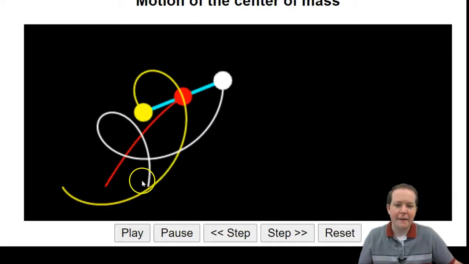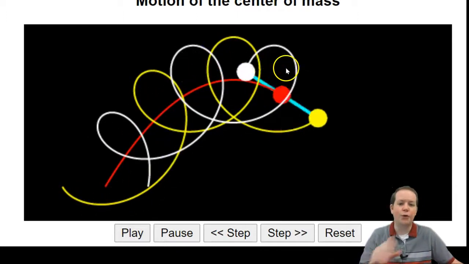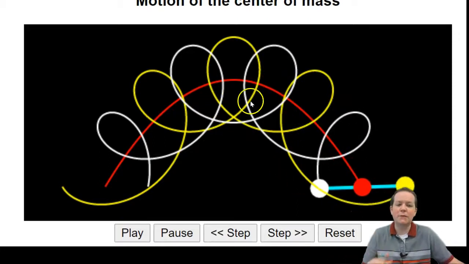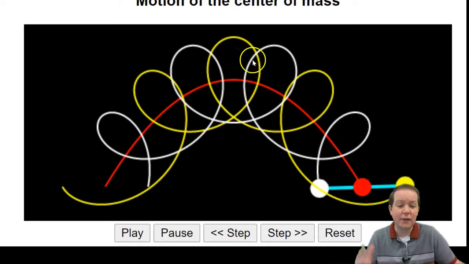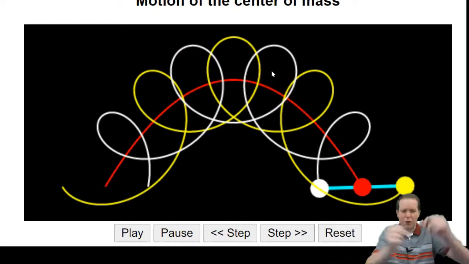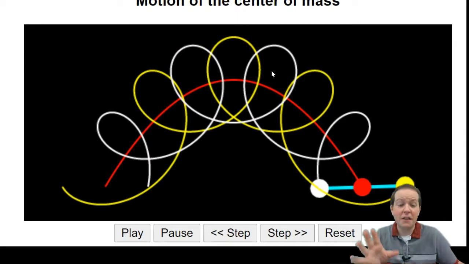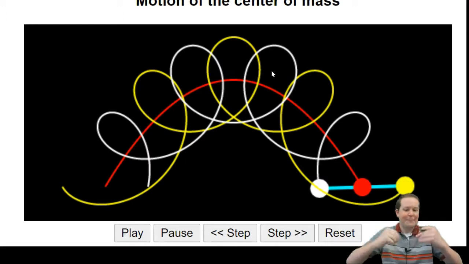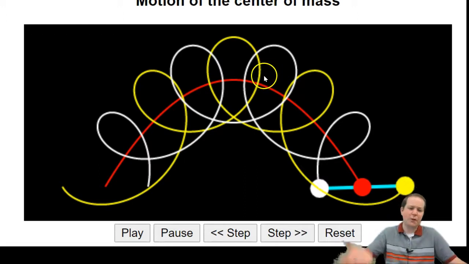But oh my gosh, if you focus on the red mass or the white mass, look how complicated this motion looks. That white sphere is moving in all different ways. That yellow sphere is moving. These different circles, they're not even circles. They're all elongated. If you saw this on the AP exam, and to be honest, you might first curse the name of your teacher. You might curse my name after you watched all these videos. You'd be like, what the heck, Thrasher?